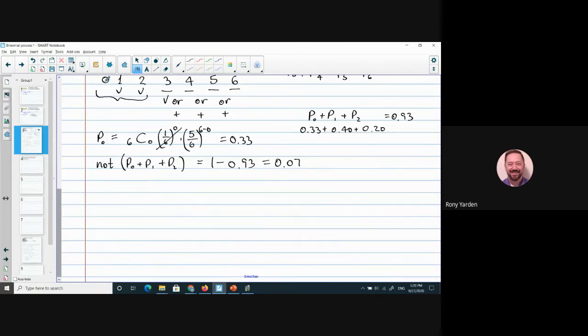So in this case, at most means nothing, or 1, or 2, or 3. This is at most 3 times. At most means we don't want more than 3. So we don't want 4, 5, or 6. All we have to do here is just add these numbers, and here we said that we have